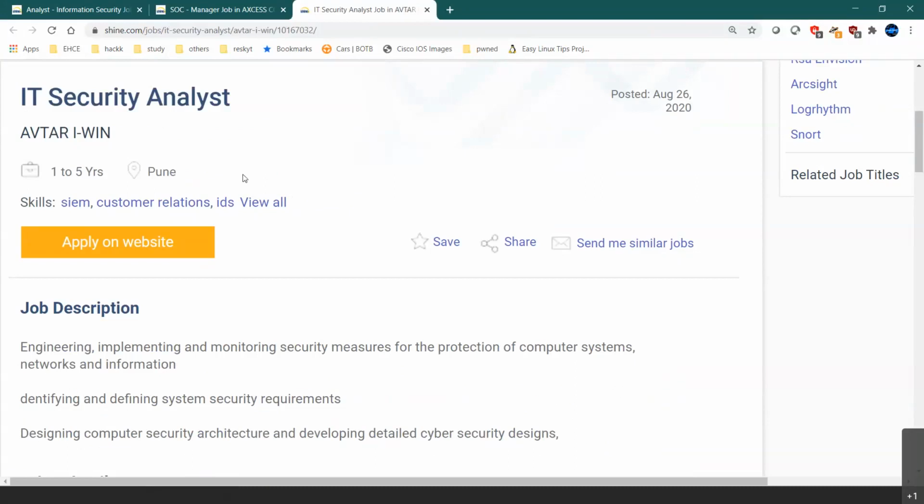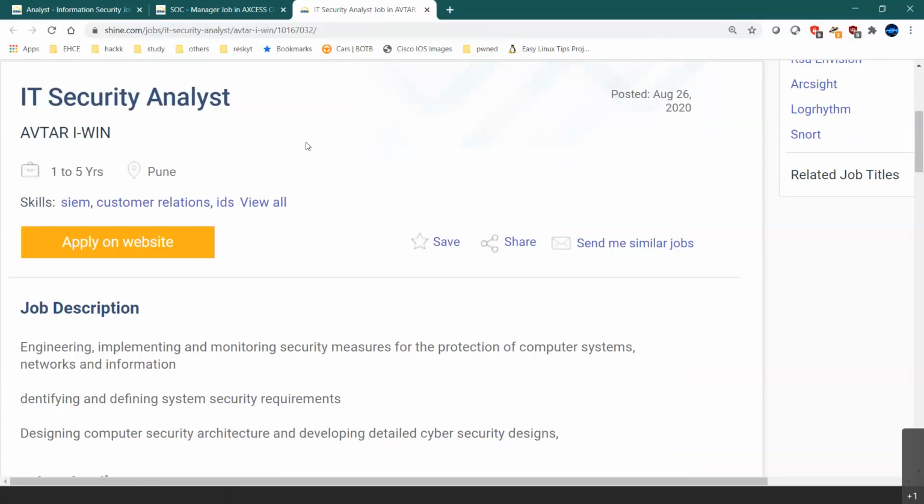Here again, we are asking for IDS, SIEM, and all these things. All the concepts we are learning in this course will help you secure a job. But don't expect that you will be doing all the configurations right from the beginning if you don't have some experience. If you already have relevant experience in the networking or network security field, you will also be working directly with the firewalls or security analysis. You will be implementing some policies and all that.